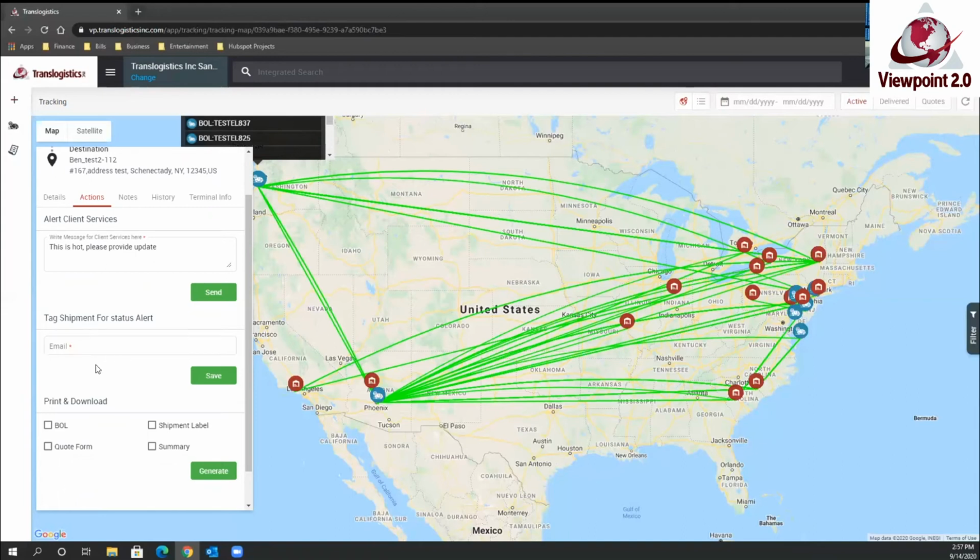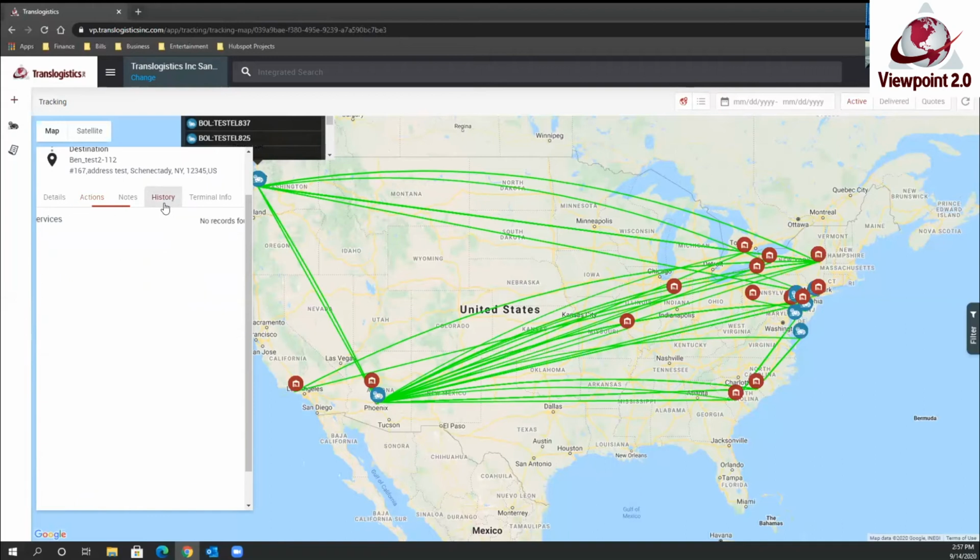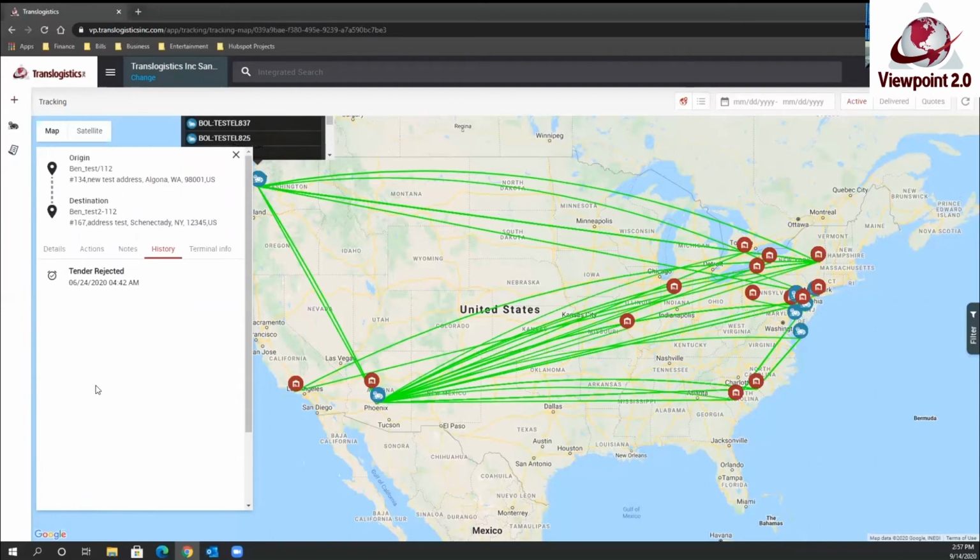Maybe they'd like all the additional updates as it moves throughout its transit. In addition, if we had to reprint some information, we could do that right here. And then over here on the history tab as well, we're going to get status updates as the carrier updates its transit journey. All the updates that you would typically see on the carrier's website will be updated in here as well